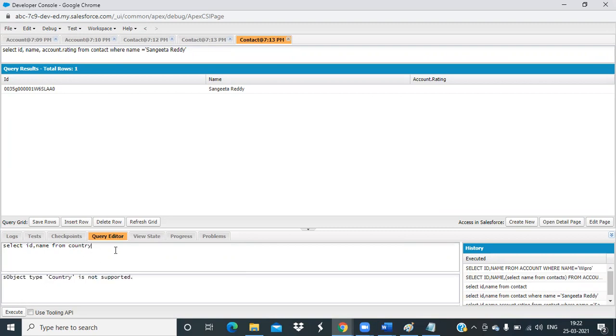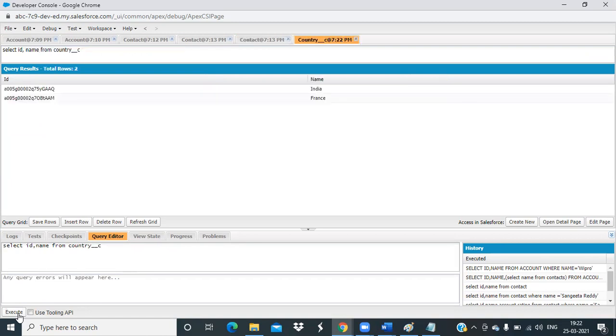Why is it giving me an error? For a custom object, we need to rename that to underscore underscore c. So country__c. Now from country, I want to have the state data also. What will I do?